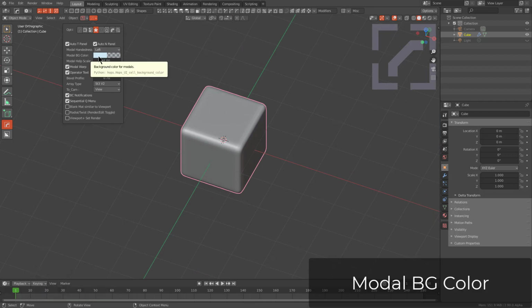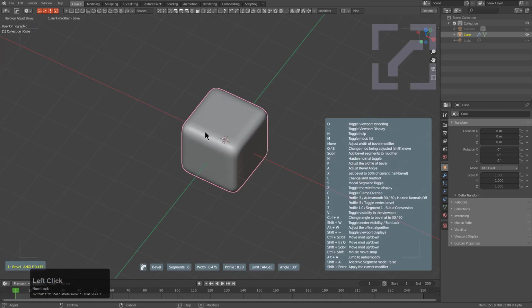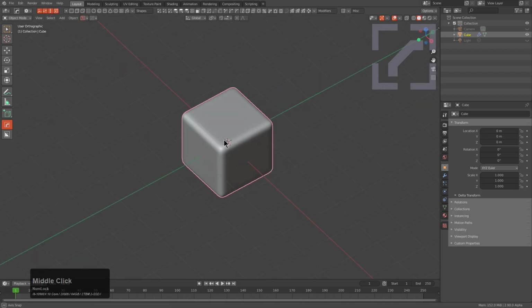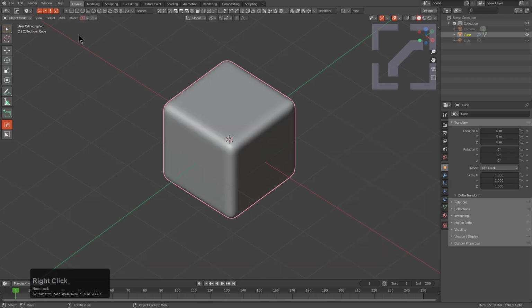The next thing is talking about the background color. Whenever you go inside of a modal operation, you'll notice that the help has this color to it. I generally like to go in and change it to another color, just depending on my mood that day. I always lean towards pink for some reason. Don't judge me. But now we can see that I have a nice autumn kind of orange going,